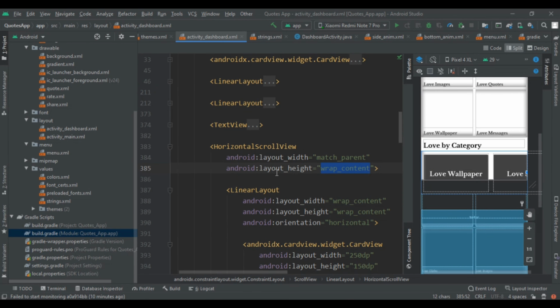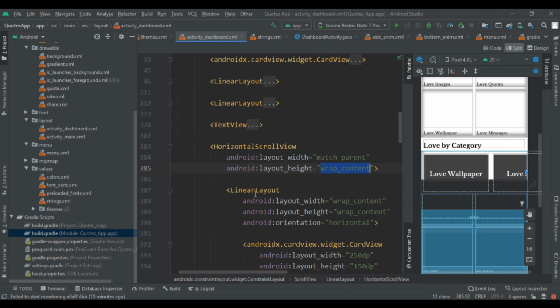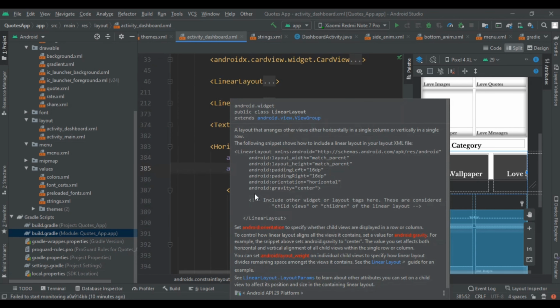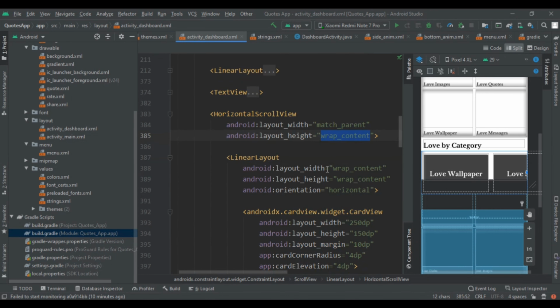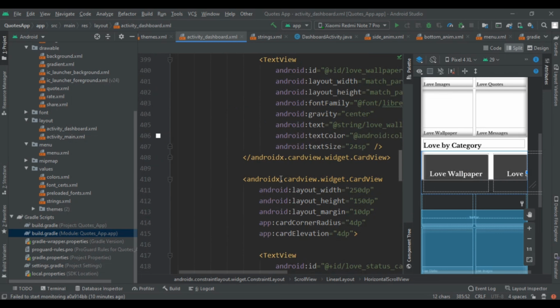After that, we are creating the linear layout with horizontal scroll. So linear layout with orientation horizontal, we had implemented one card view.